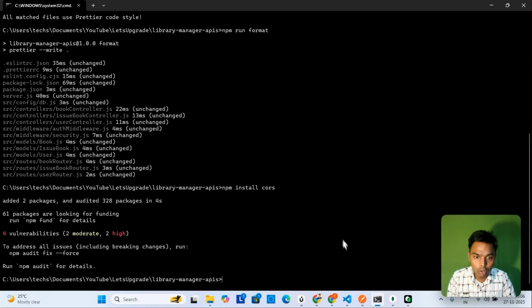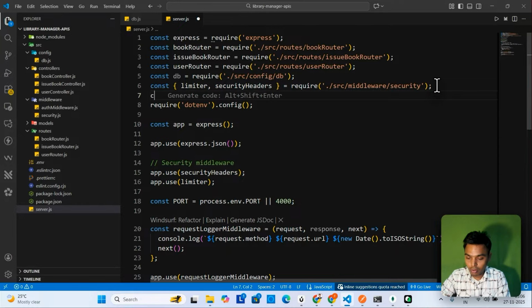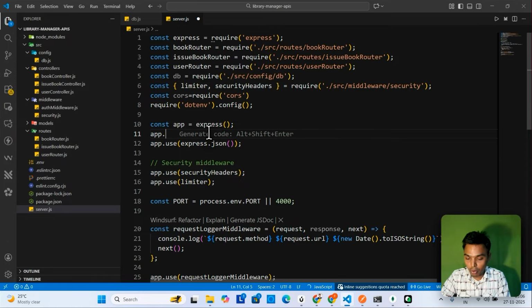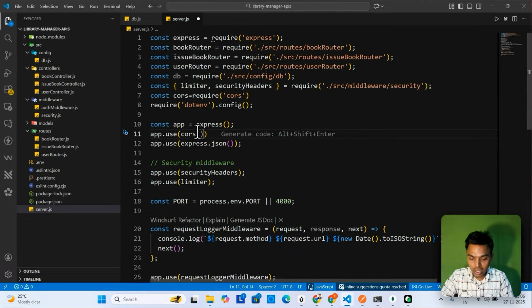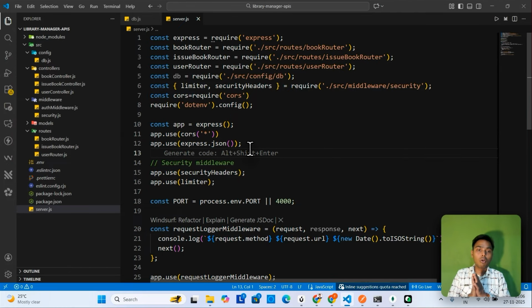Okay, successfully installed cors. Then we have to write here const cors equal to require cors, and in here write app.use cors. In this cors, give this one star. Okay, so for now, for testing purposes, I'm allowing all the clients, meaning there is one client and there is one server,